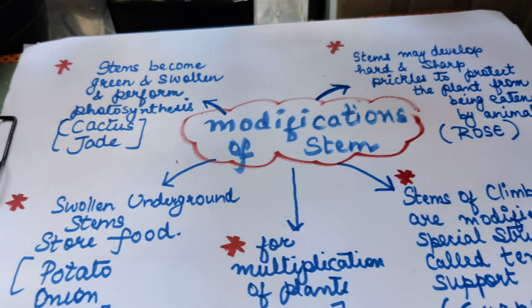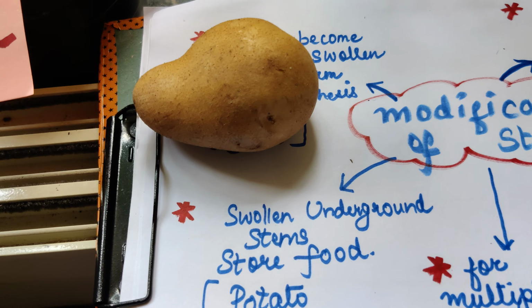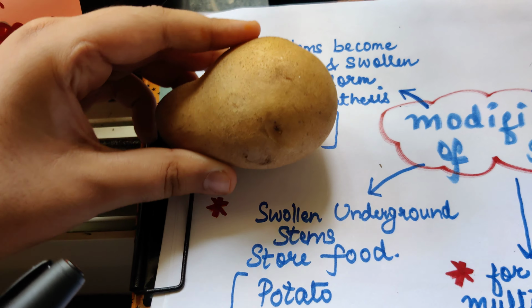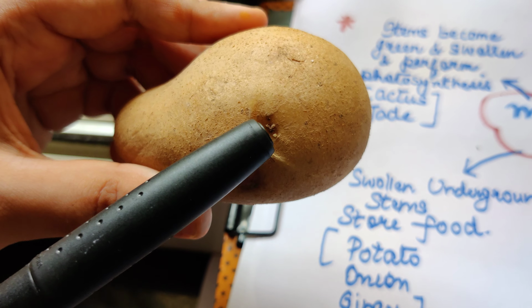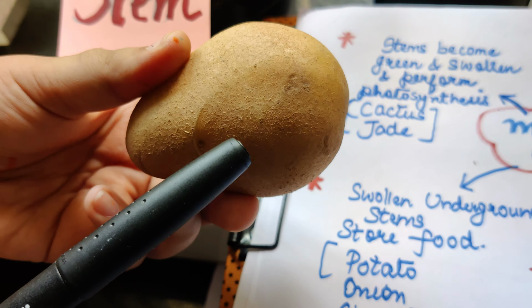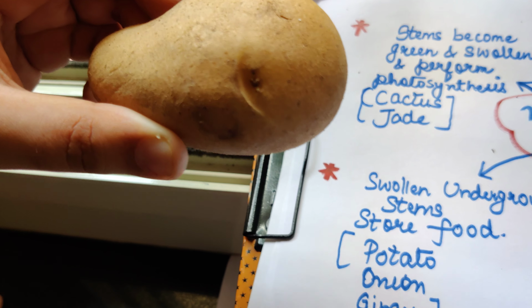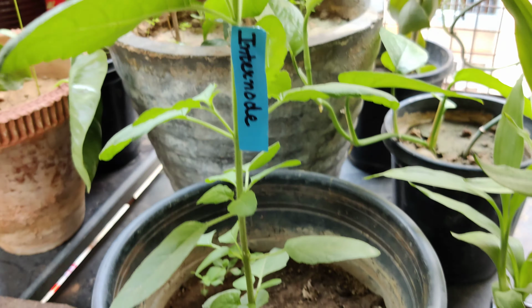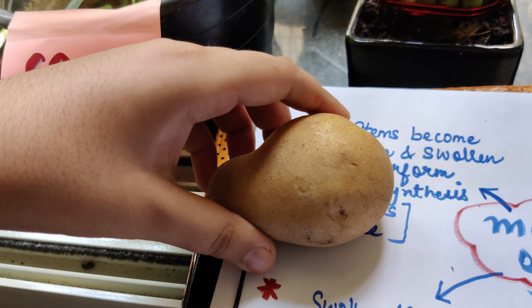Now you can see the swollen part of the stem. We have discussed the potato also. This is a swollen underground stem that will store food. We eat this food very nicely, right? This highlighted portion is the eye of the potato. Eye, eye of the potato. This is the node. The nodes that we discussed here. See how different it is in nature, and this difference in nature is the biodiversity.